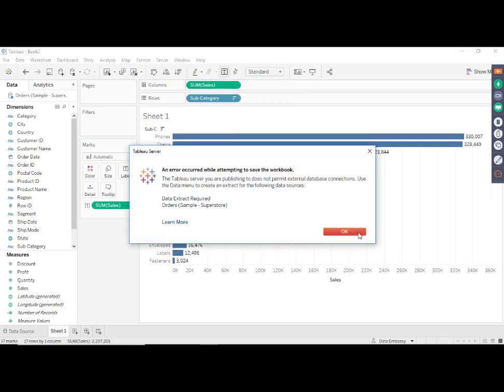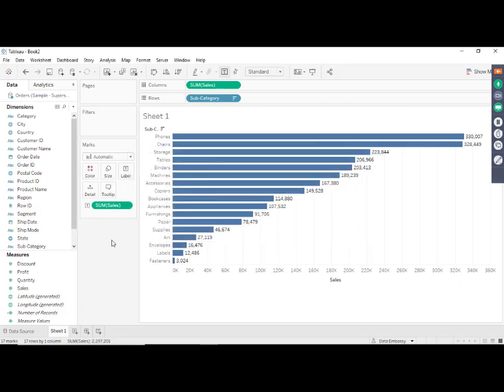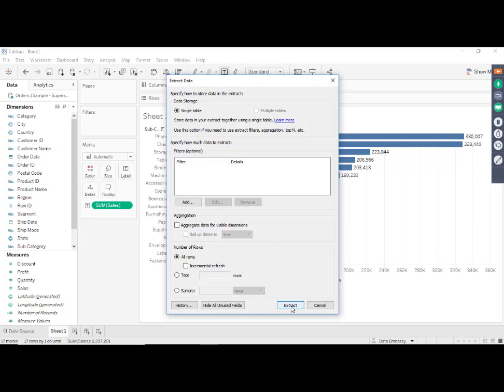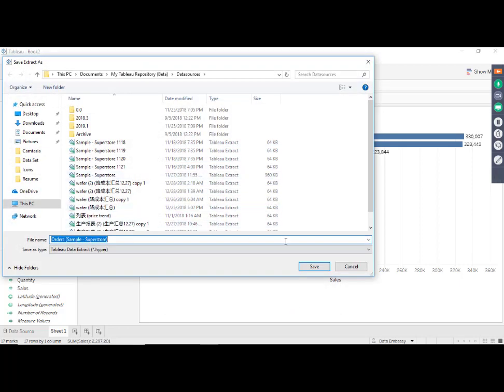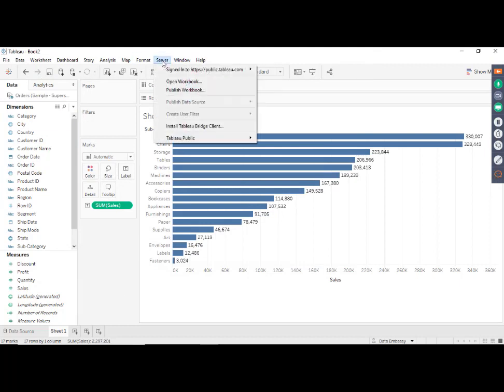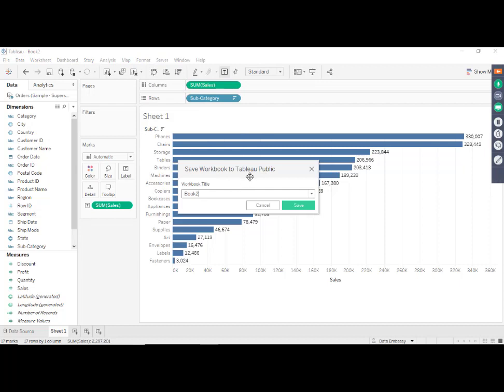to a dashboard, to a server. It requires me to extract the data first. Extract means create a data extract, a data file in Tableau's format, from the data source, which is the Excel. Currently it links to the Excel and the data sits in the Excel file. After extraction, the data will be in the data extract. So now I can publish it to Tableau Public